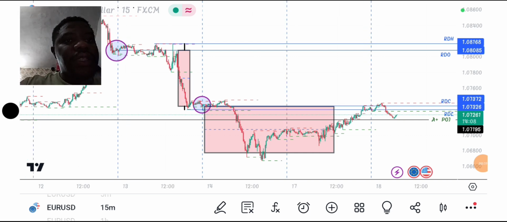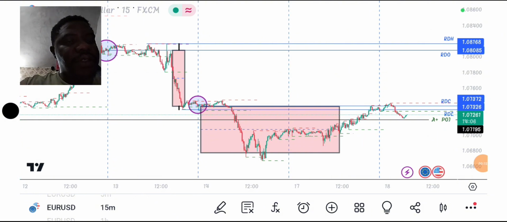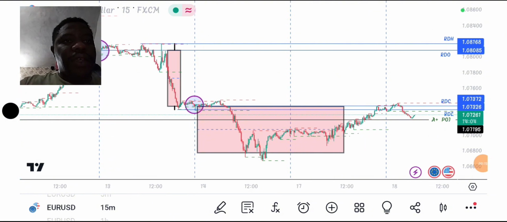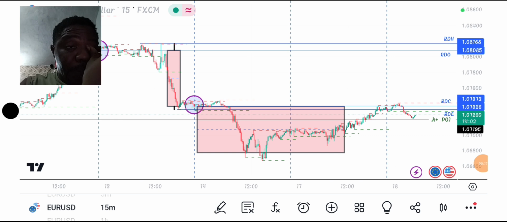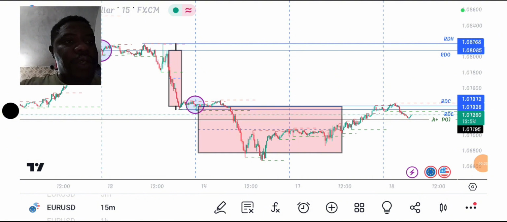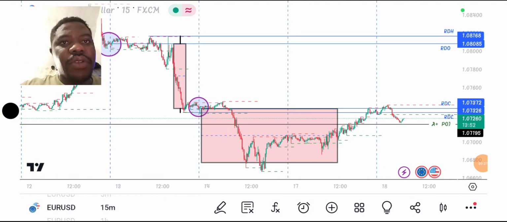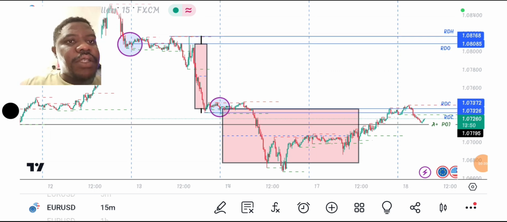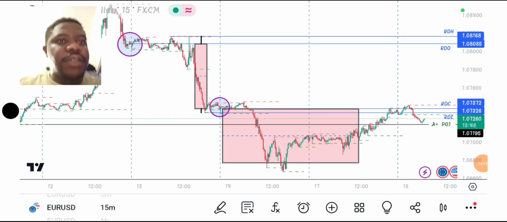So yesterday being Monday, the new week, I didn't take any trades, and today being Tuesday, I think I'm gonna be taking some trades today. Although I don't really know what price I have in store for us, but this was our analysis